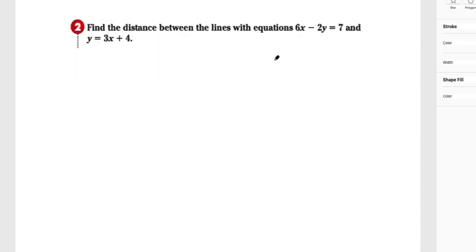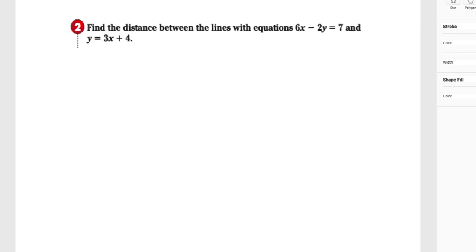Okay, so example 2 is now asking us to find the distance between two lines. And when we're dealing with the distance between two lines, generally it's going to be parallel. Because if they're not parallel, then it's not going to have a consistent distance. And in fact, if they're not parallel and we're operating on the same coordinate plane, they intersect. So there is no distance at a particular point. So these guys are parallel, and we can test it out by checking the slopes